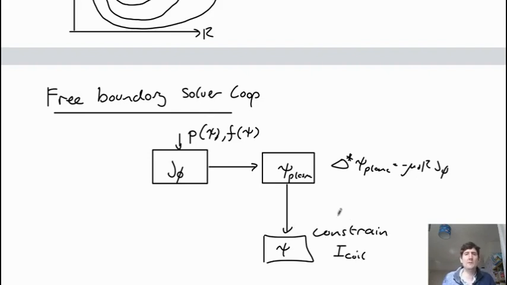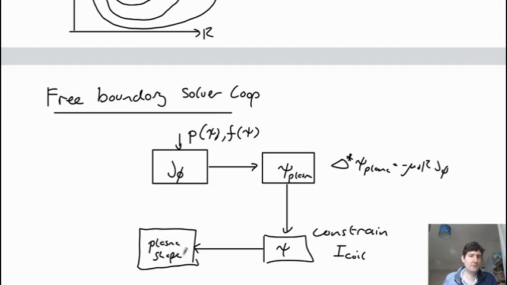So we use a set of constraints that I'll describe shortly to calculate the currents in the coils, and then the combination of the coil currents and the plasma currents gives us the total psi. So using the total psi, we then calculate essentially the shape of the plasma. So plasma shape. So for example, find the boundary.